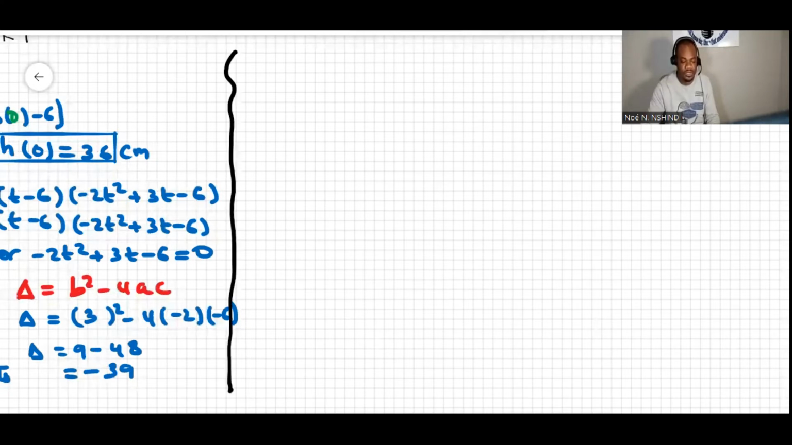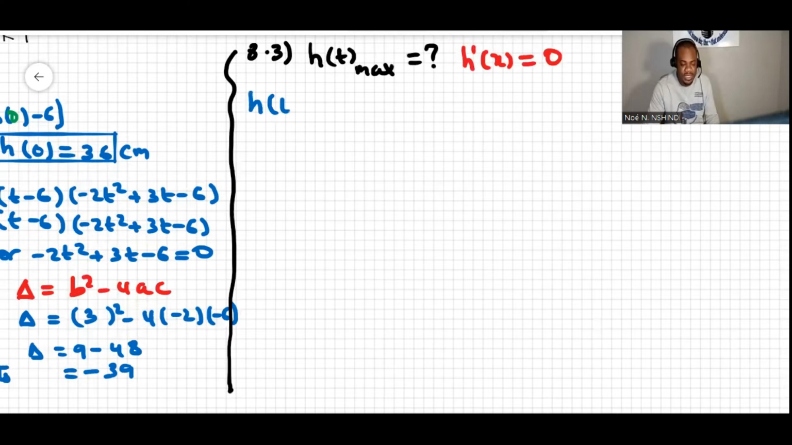So it's question 8.3. We're looking for the maximum height, so I'm going to say h of t max. This is applicable only if the derivative of the function is equal to 0. So h of t here is like